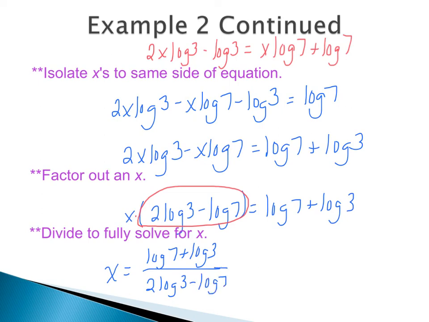Anytime they're asking you for the exact answer, they want this. Again, if you use natural logs, you'd have natural logs everywhere that I have a log, and it would be equivalent. And then when you type this into your calculator, you'll get the approximate answer. So we would get approximately 12.11439573, and then this goes on for a while.